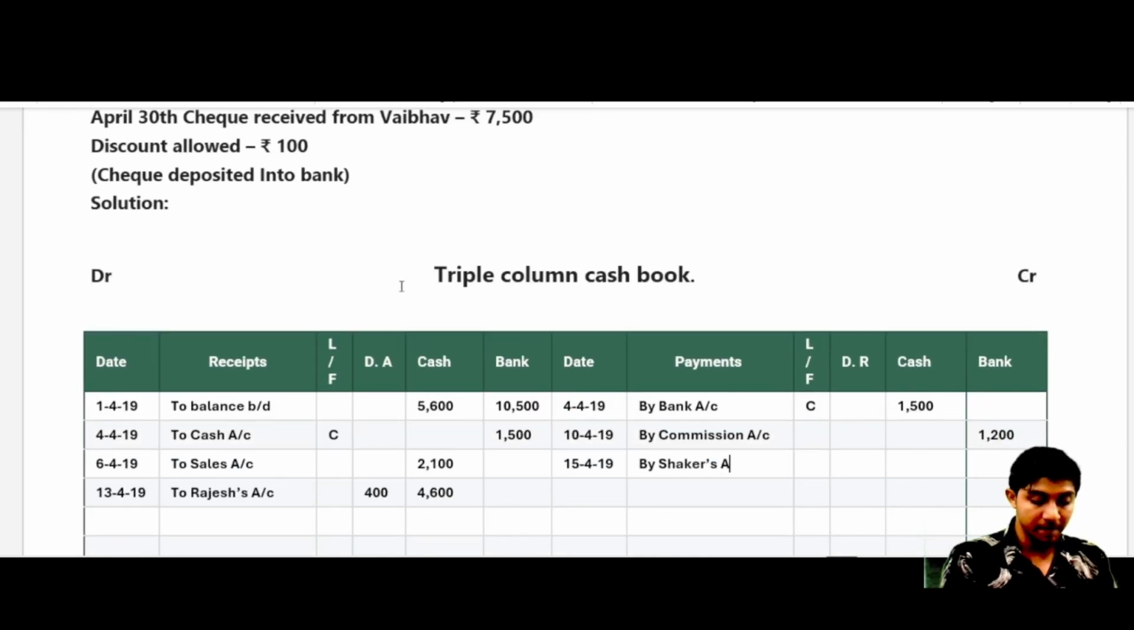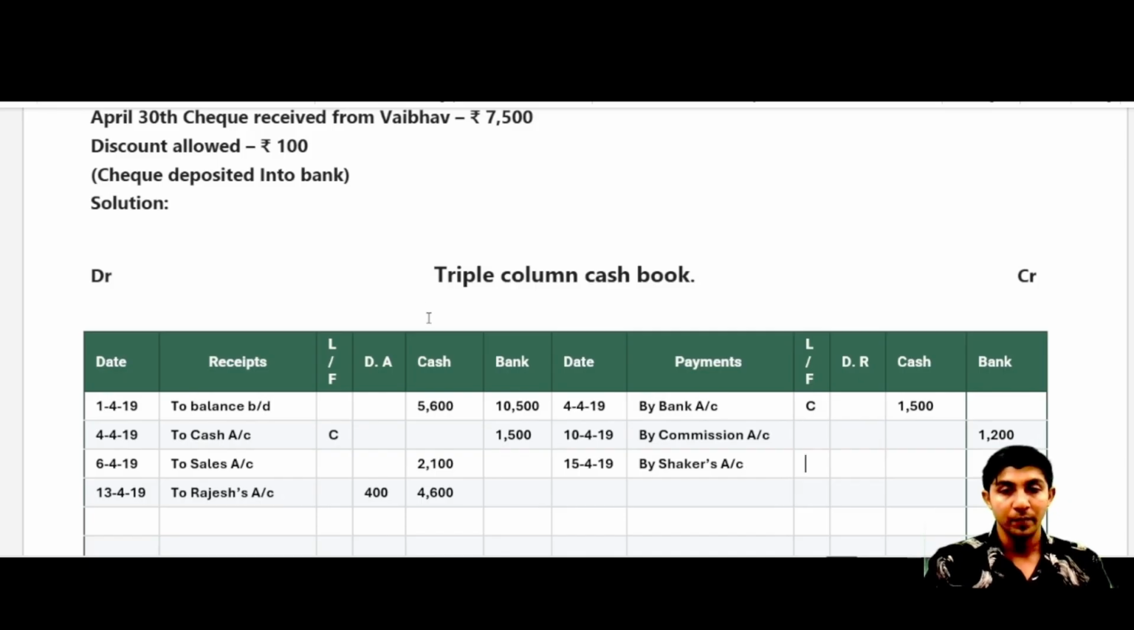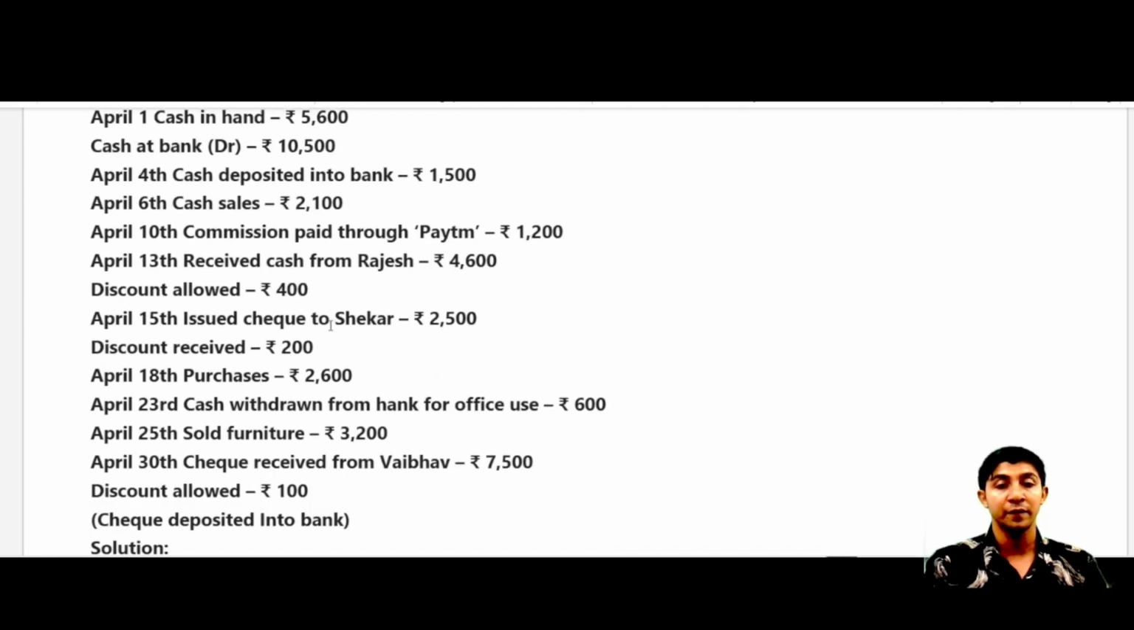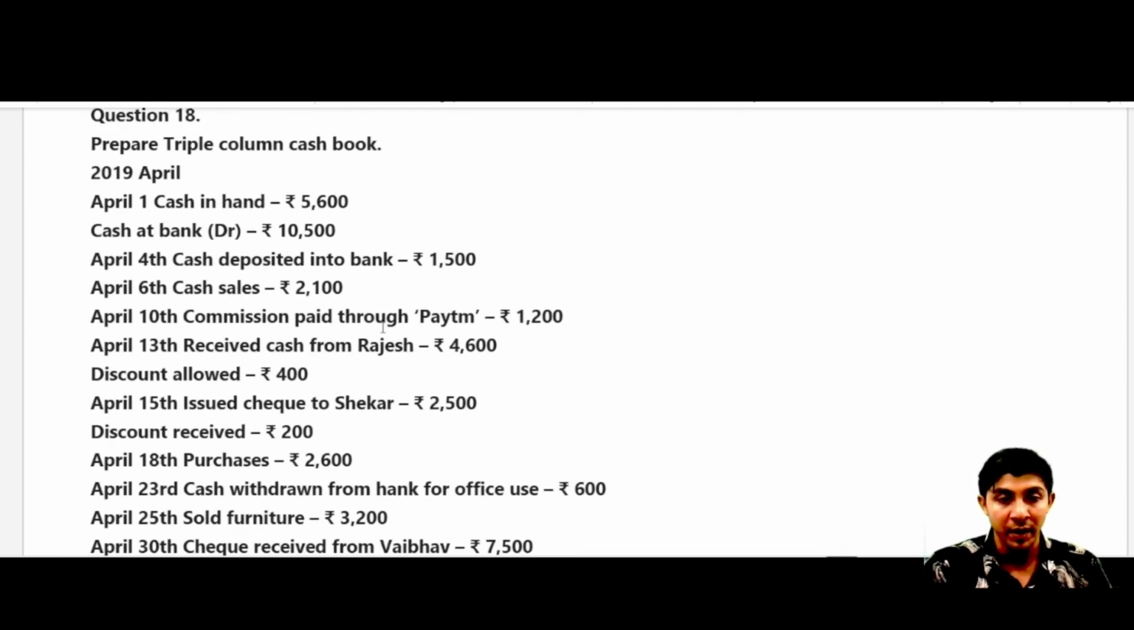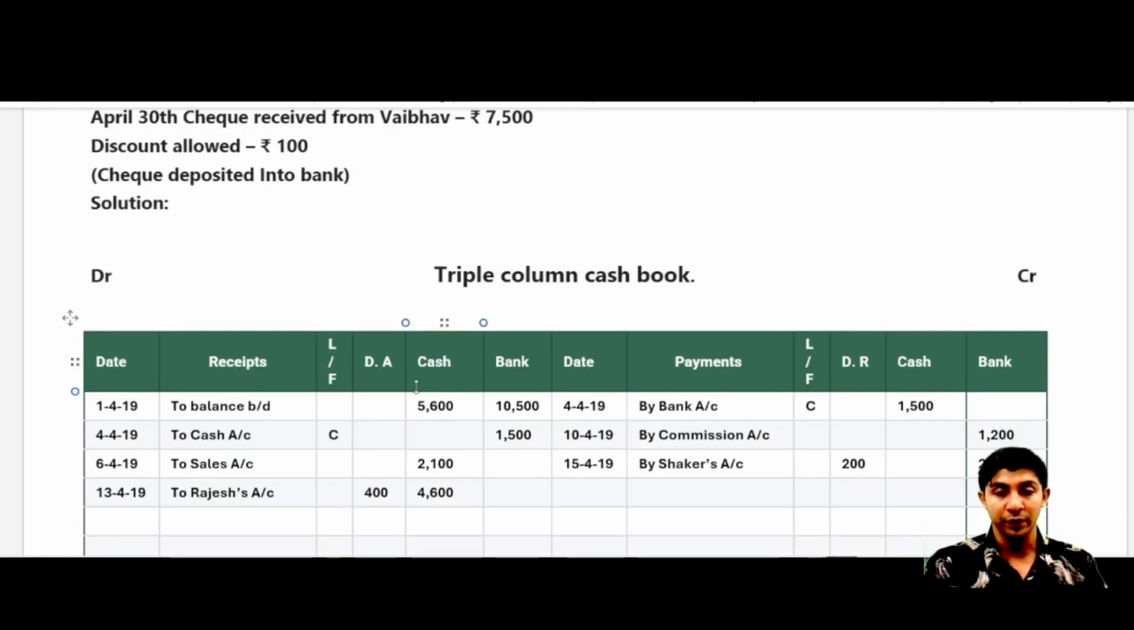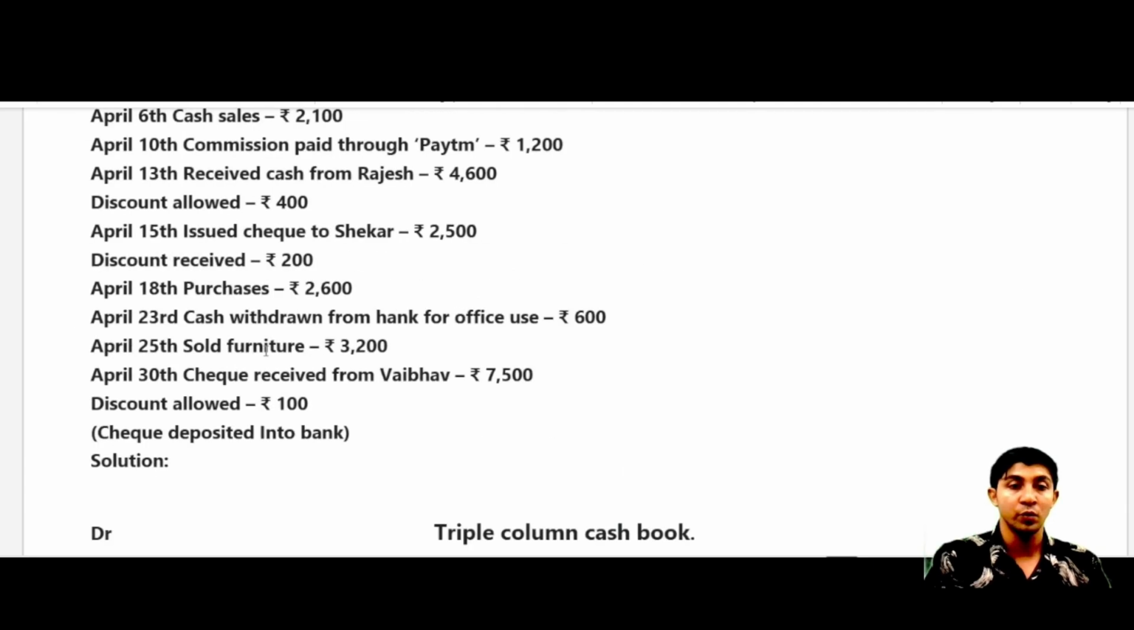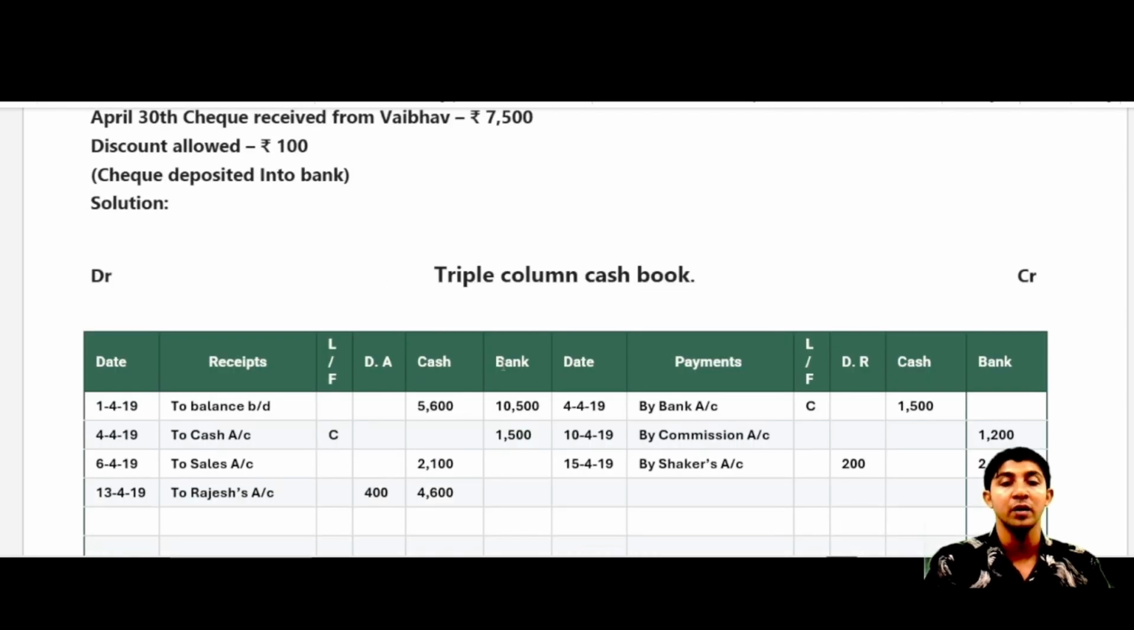शेखर्स अकाउंट, डिस्काउंट कितना मिला 200 और आप चेक से पे करें ना, so the amount will be deducted from the bank, सो इसीलिए हम बैंक अकाउंट में एंटर कर रहे हैं और that is 2500। Now let us move towards the next transaction, that is on 18th April purchases 2600। अब परचेज करे तो